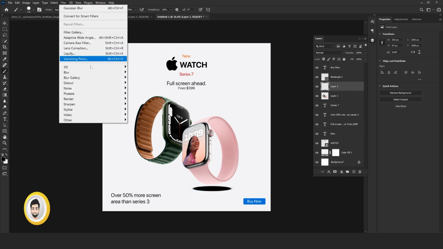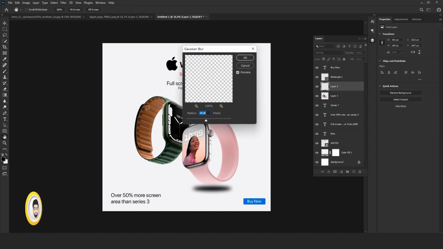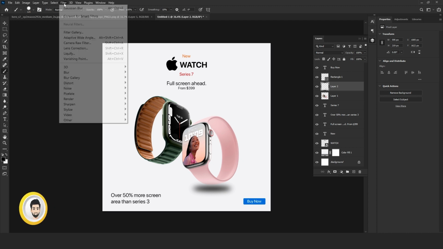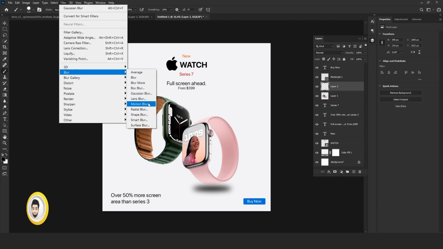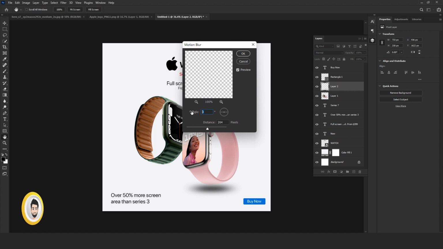Go to Filter, Blur, and Gaussian Blur. Around 30 is good. Now again go to Filter, Blur, and Motion Blur. Make sure the angle is 0 and the distance should be 450.